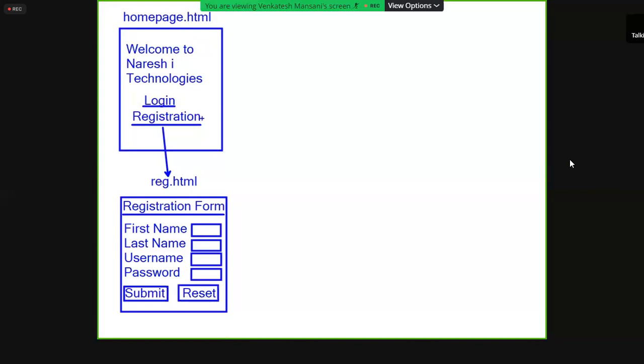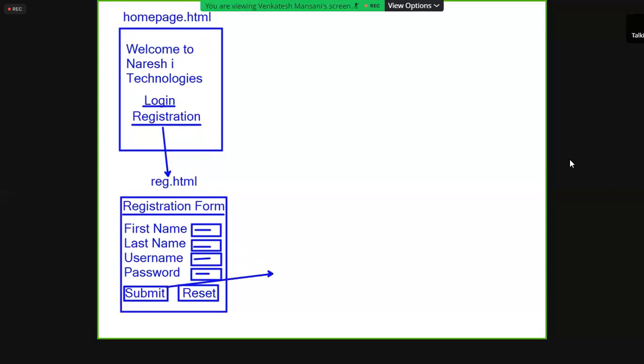Now it is homepage.html with two hyperlinks, login and registration. When you click on registration, in this file we'll enter first name, last name, username, password. When I click on the submit button,